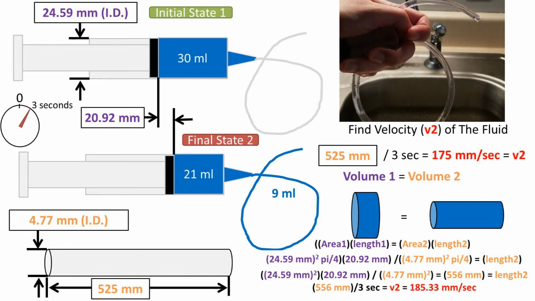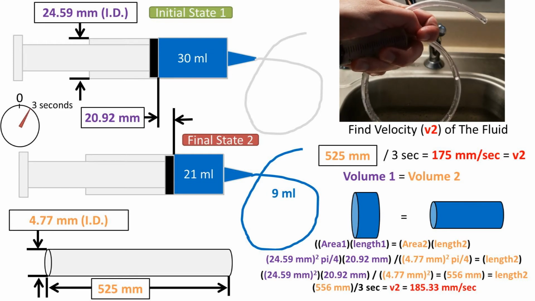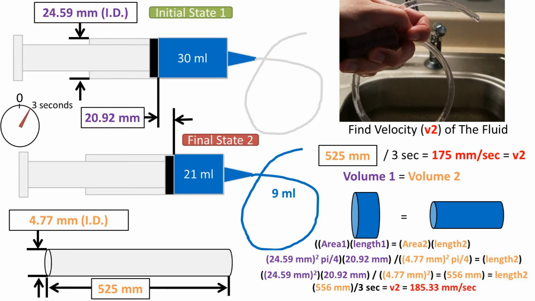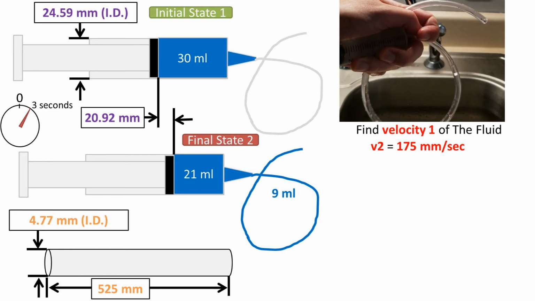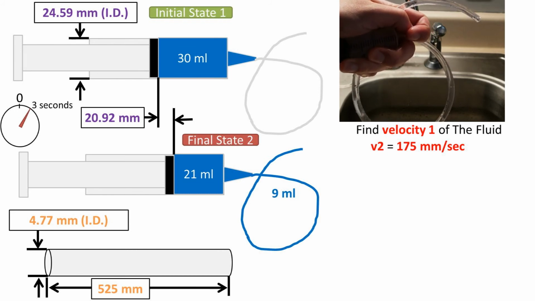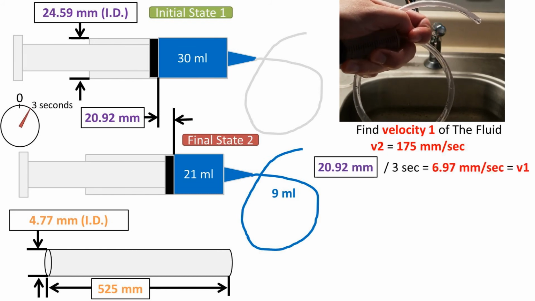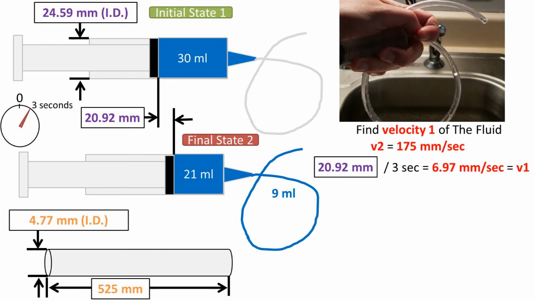Now we can divide that by 3 seconds and we get a velocity of 185.3 millimeters per second, which you can use an internet converter if you want to convert to a different unit of velocity. Now let's say you were given a velocity of the water going through the hose, which we will be using 175 millimeters per second, and we are trying to find the velocity of the syringe compression. Well, we could once again divide the syringe displacement by 3 seconds, which equals 6.97 millimeters per second, or we